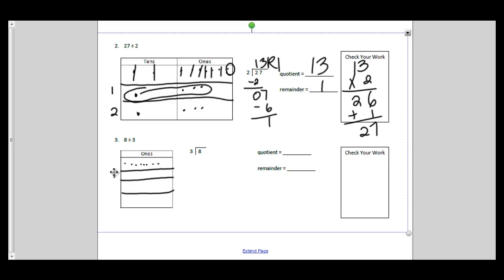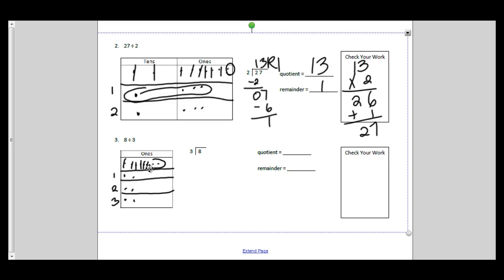So go back and count your groups. 1, 2, 3. All right, so I'm going to put these into groups. So I have 1, 2, 3, 4, 5,